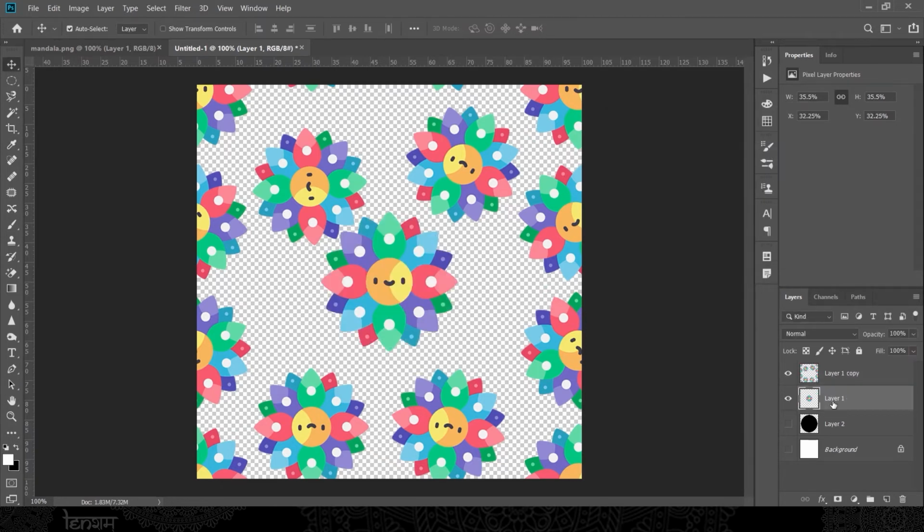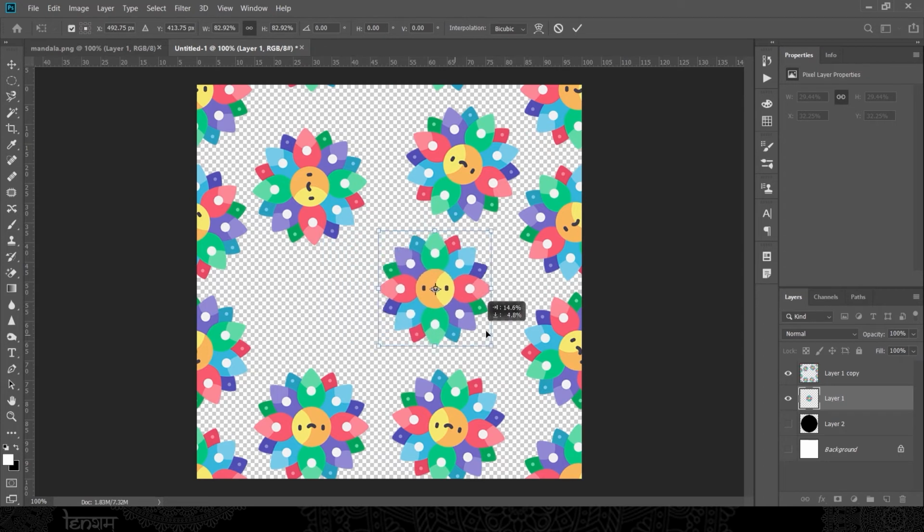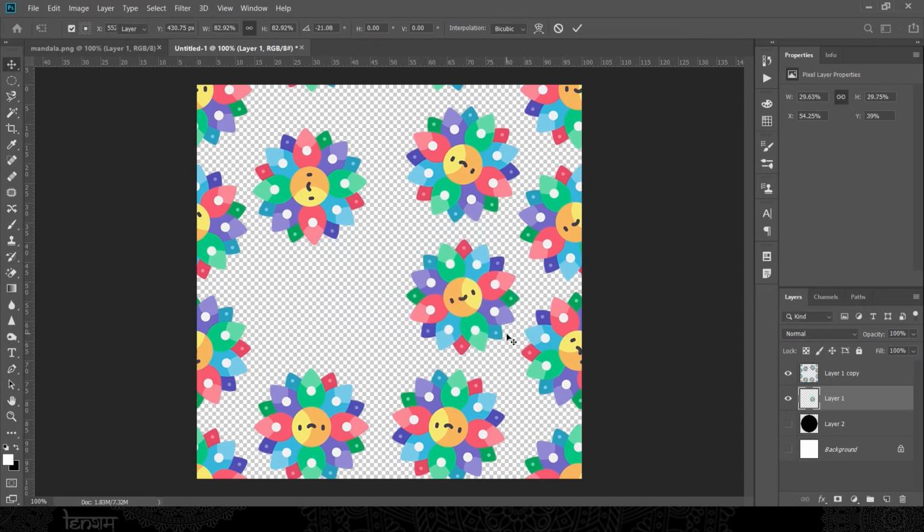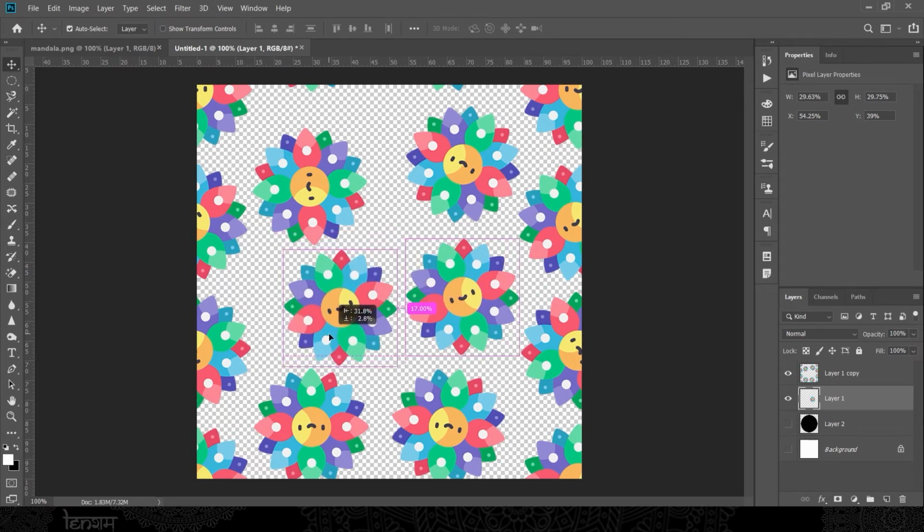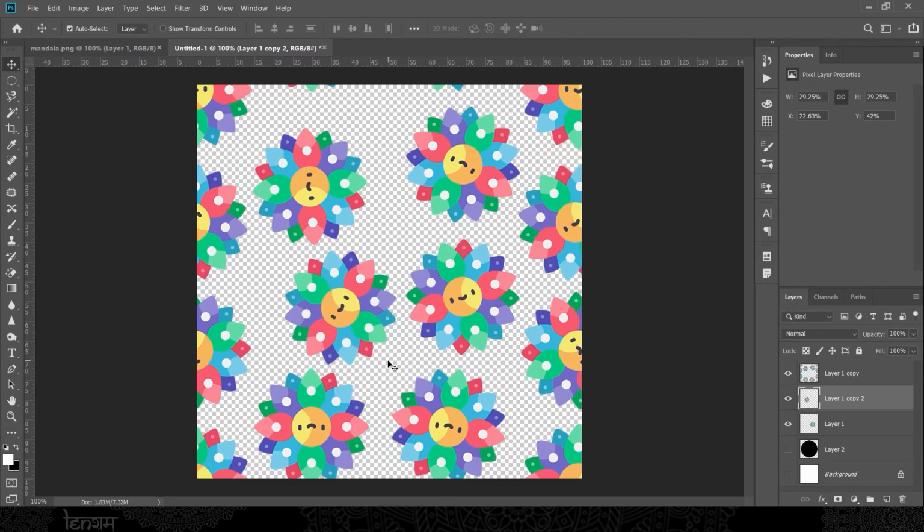for reserve. And that was the main purpose of keeping that layer visibility off. But now you have to fill the vacant area with that PNG file and fill the area with the randomness by transforming size and rotating each PNG in the same way that we have done earlier by pressing Ctrl T. After filling all the empty places, again merge all the visible layers.